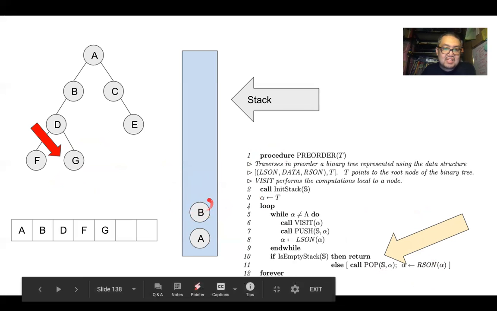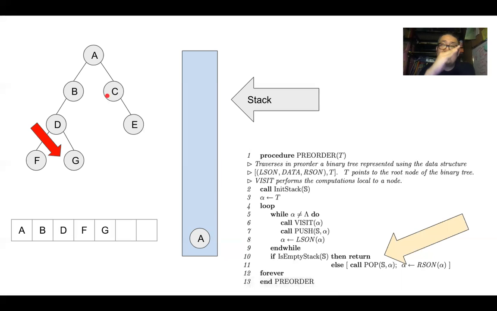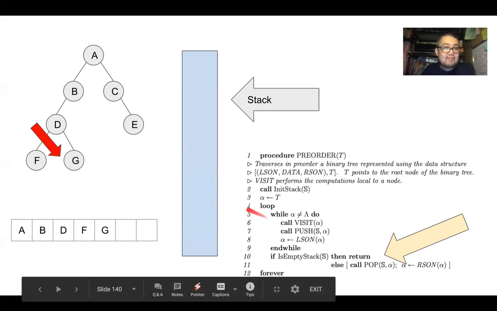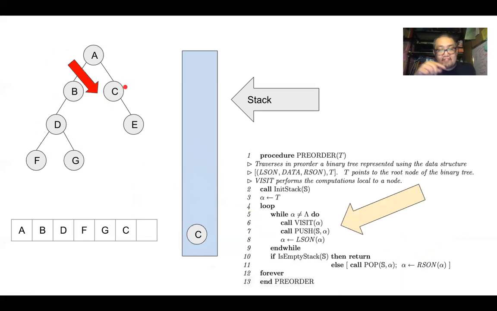the element at the top of the stack is node B, which is basically this one. We pop it, we look at its left hand, we go to its right hand, and since it's empty, we don't do anything. We pop the stack again. We are now at node A. We go to the right hand of A, which is C. We push it to our stack. We go to the left hand, which is empty. We pop C. We go to E, and basically that's it.